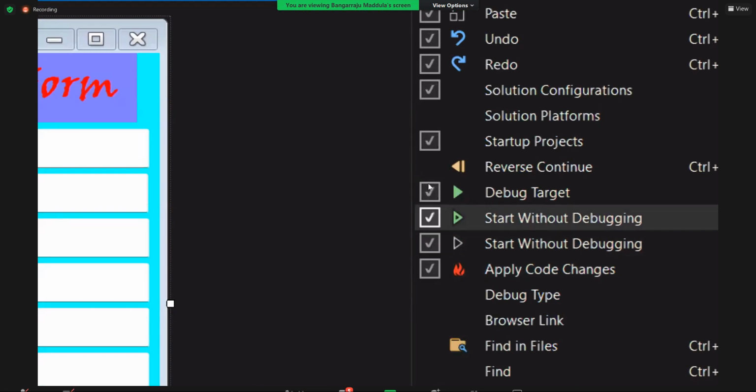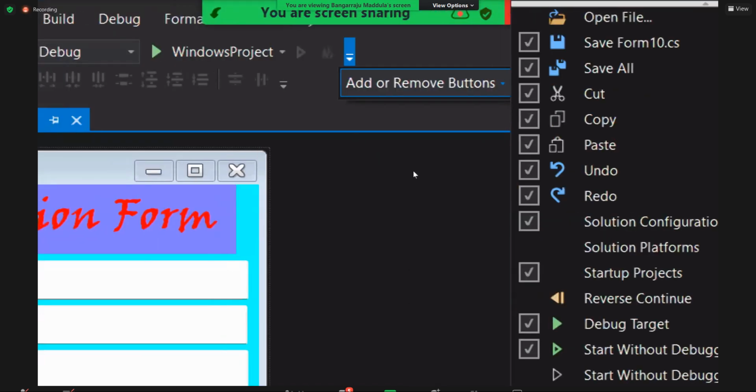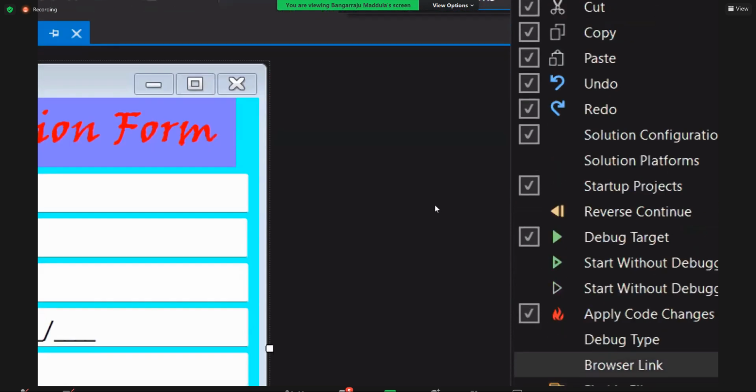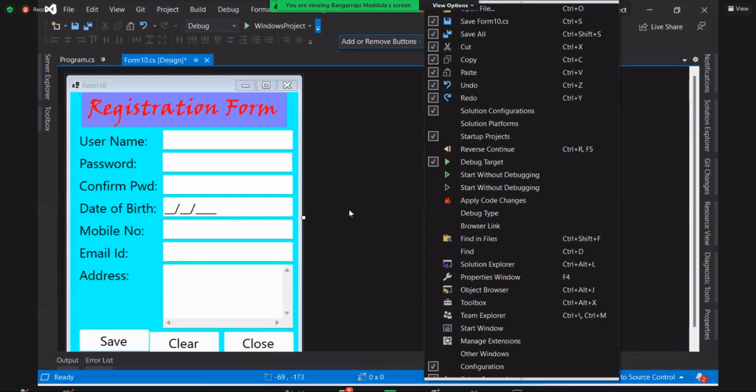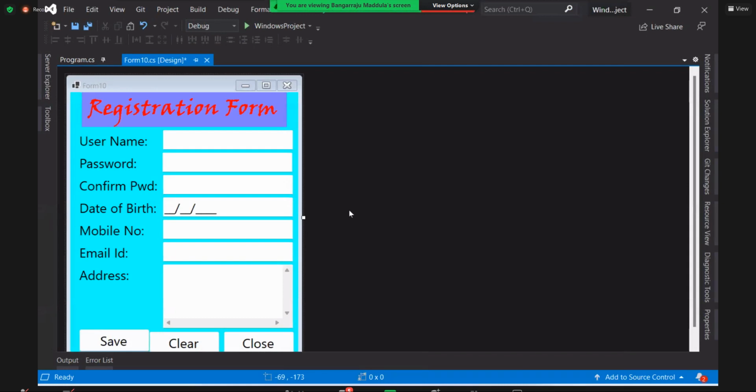I want debug. I don't want start without debugging option. I don't want apply code changes option. So I can just minimize it so that beside that I can put one more toolbar here. Otherwise,